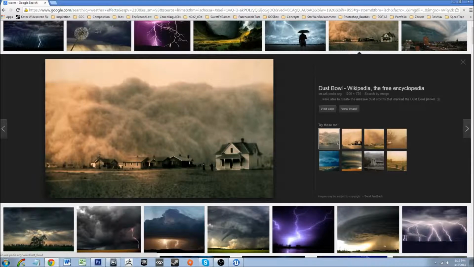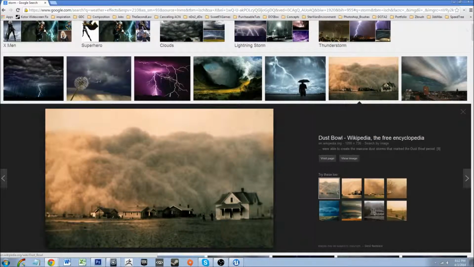Another thing I might do is adding heat waves to your environment. I think that in a desert environment, that would really push it that extra mile, taking your environment to a whole new level of realism.